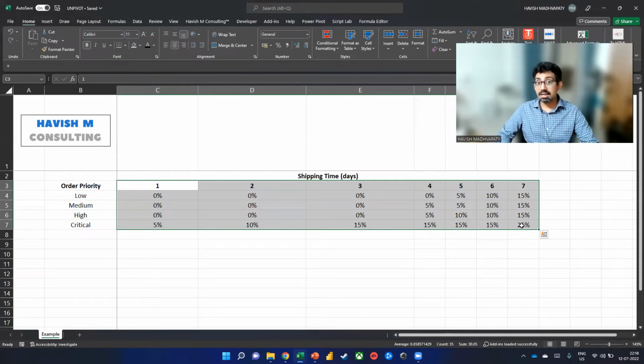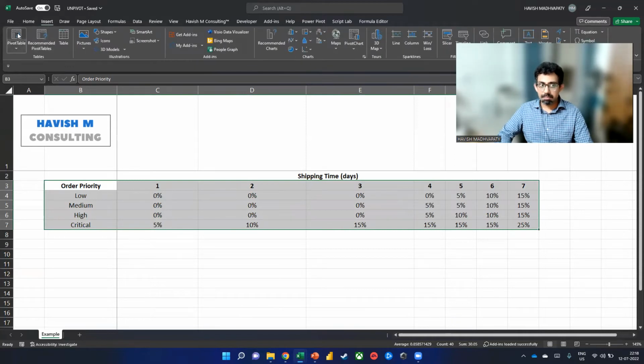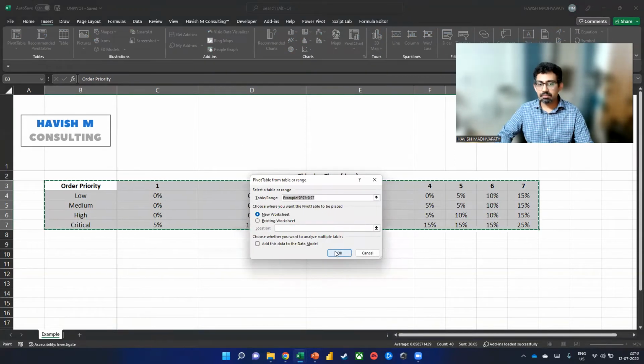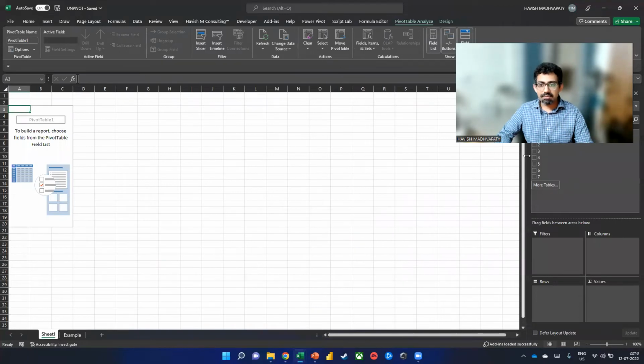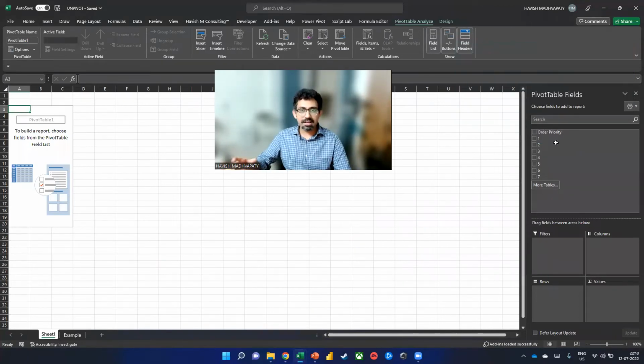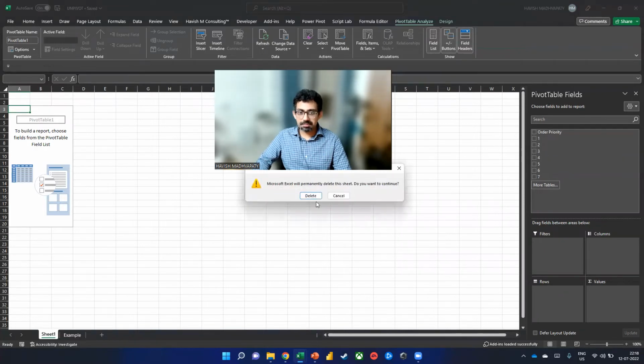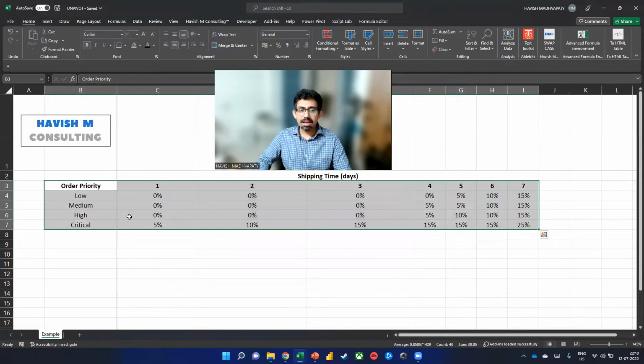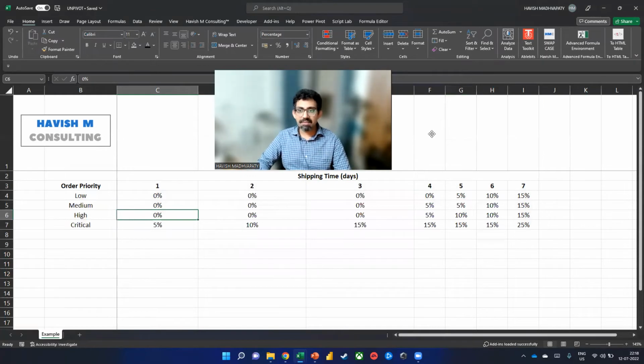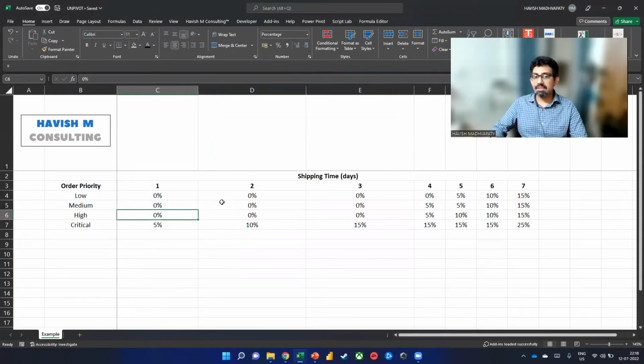So how can I convert this again into a pivot table? For example, if I try to convert this into a pivot table, insert and pivot table, you will notice that we don't have a column called discount and a column called days. So it doesn't really solve our purpose. And since that doesn't solve our purpose, we have to look at a different way, and we would do this